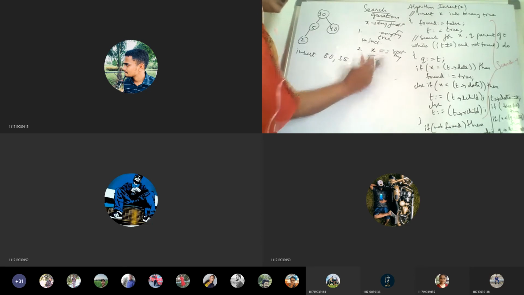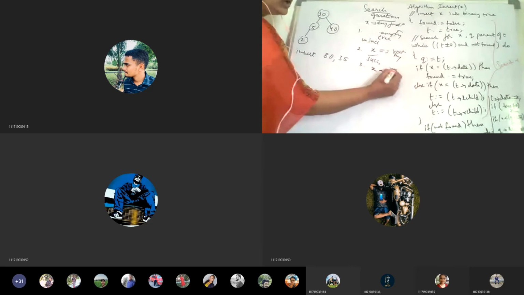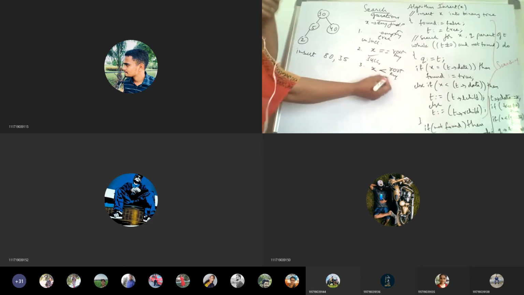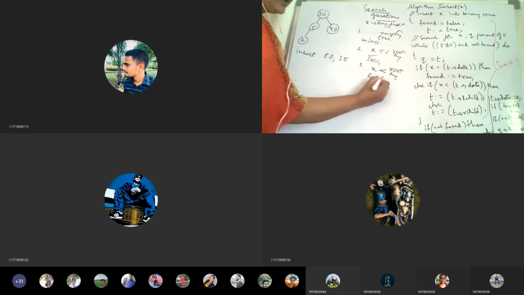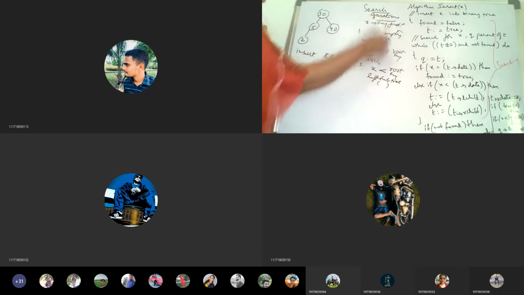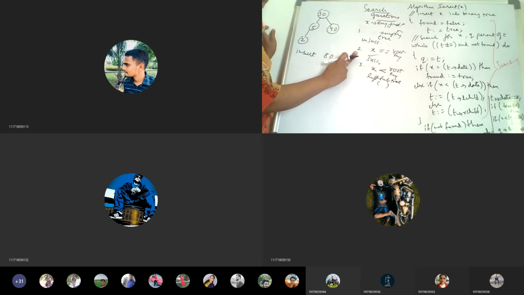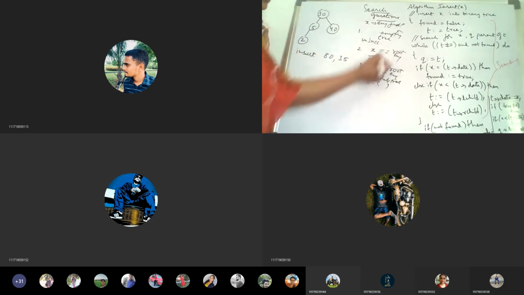But if this is not successful, what do we have to do? We have to check whether x is less than the root key or not. If it is less than the root key, where do we have to search? The left subtree. Recursively we can call this again until either of the 1 and 2 conditions is satisfied. So 1 and 2 are the base conditions if it is a recursive algorithm. Recursively again we call on the left subtree, and these steps will be iterated.